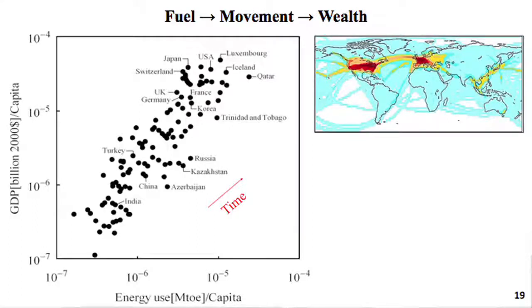Every black dot indicates the country in which a particular citizen lives. On the abscissa, I plotted the fuel use per capita. So more fuel consumption to the right. On the ordinate, I plotted the same thing, but is known by everybody as wealth, gross domestic product per capita. There's an alignment of